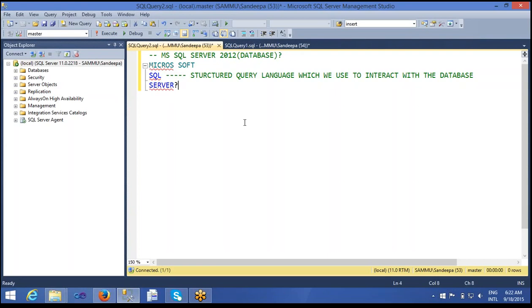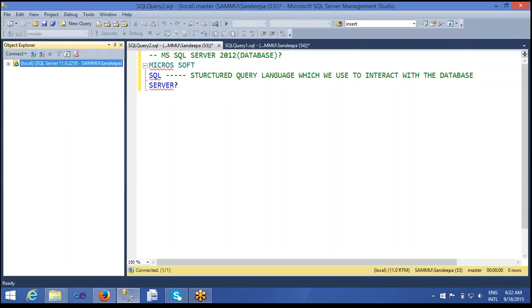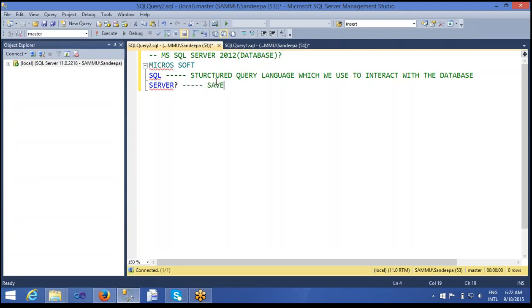Local server in the sense, I made my laptop my local server. So a server is a repository where we can save the databases. Then what is this 2012?